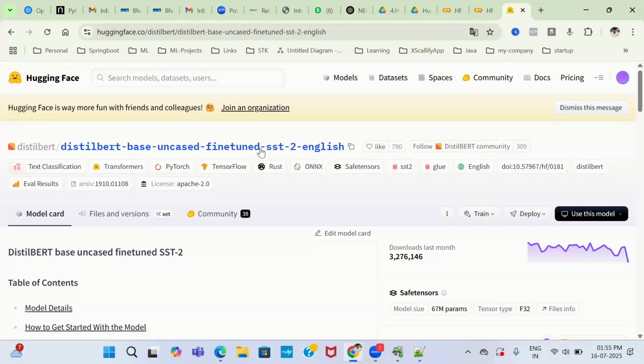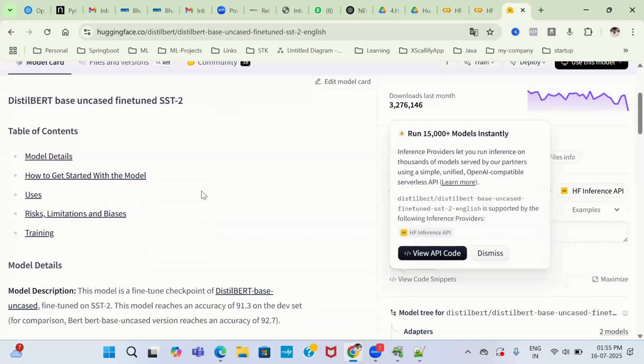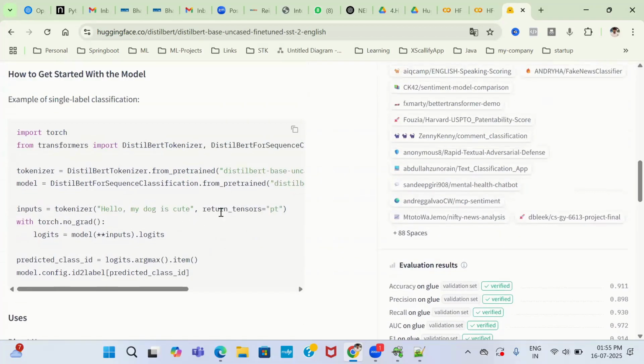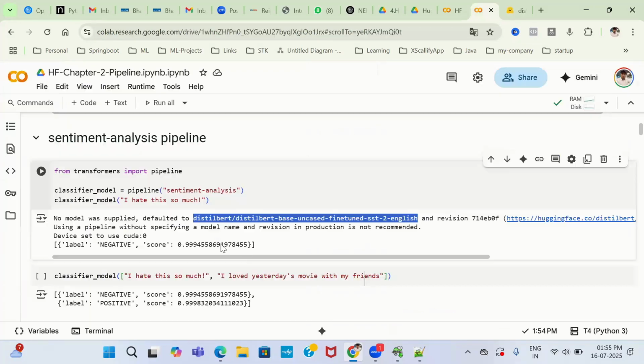So by default, they're using this model for sentiment analysis. Let me run this. If you just write this statement, pipeline and the name, sentiment analysis,